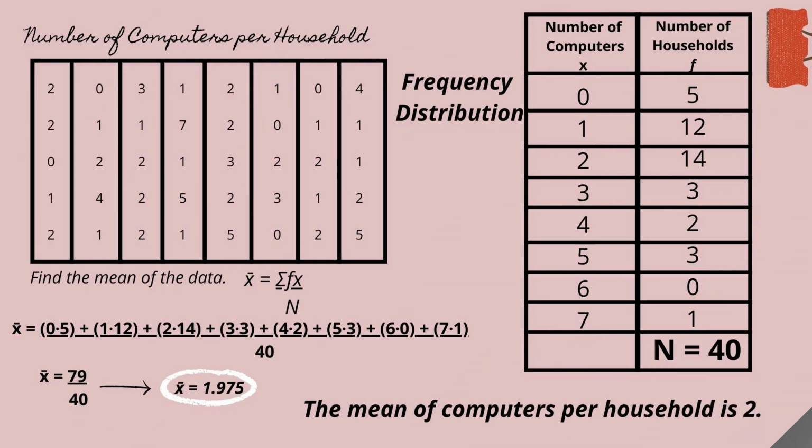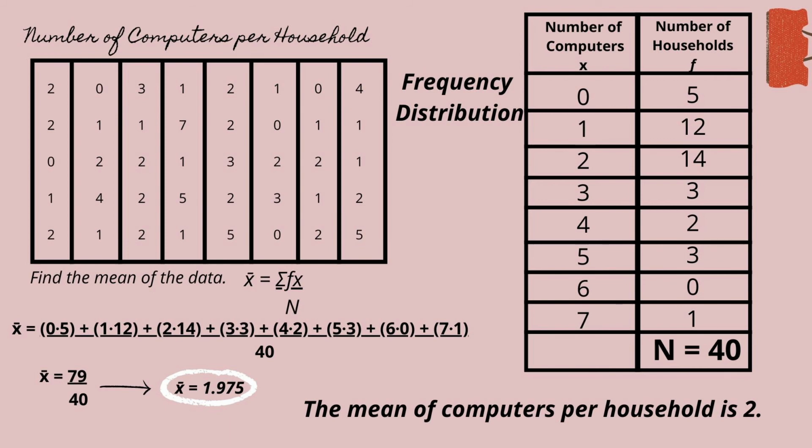For example, you would see on the left side the number of computers per household, while on the right side you're going to see a table, where the number of computers is substituted as x and the number of households as f, in which our n will be 40 since there are 40 households in total. The formula that we're going to use for this one is the mean formula,